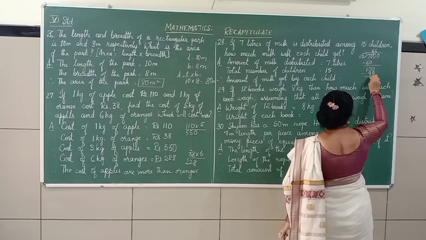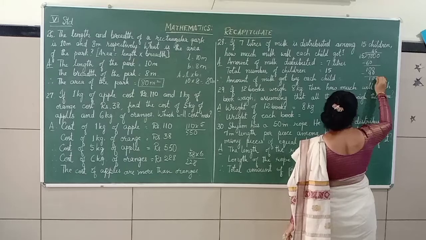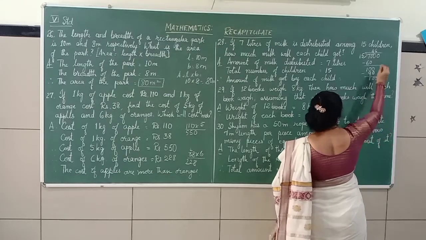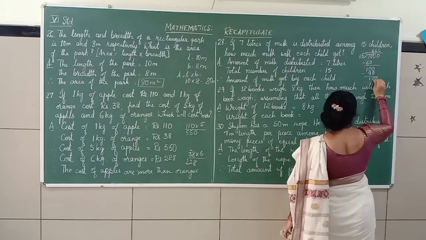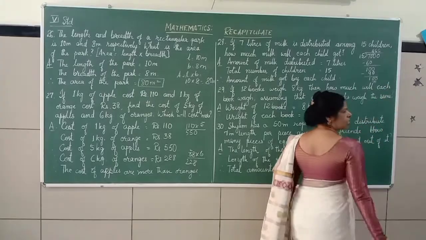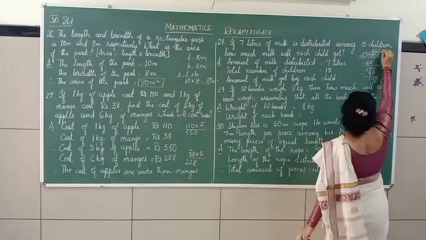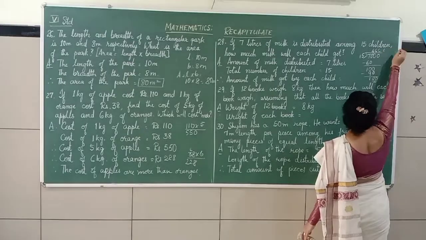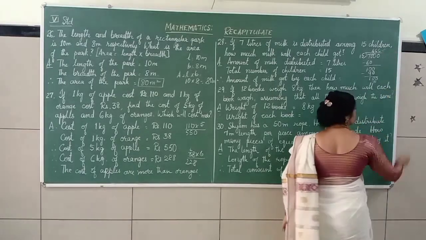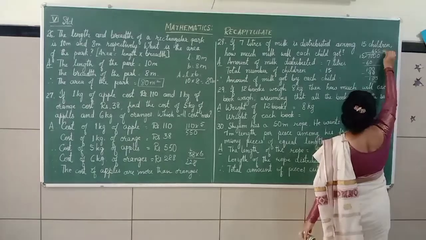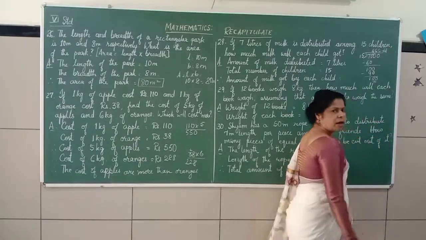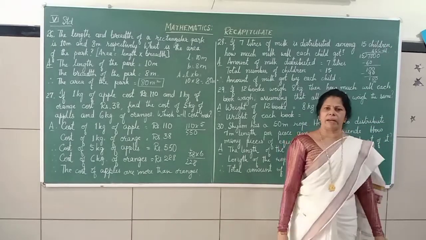10 minus 9 is 1. Again what you have to bring? You have to bring 0. So again it will be 6 the 90, isn't it? So it goes on like that. So how much it comes? It comes to around 466.666. So it is 466 ml, means milliliter, which is nearing to 500, isn't it?